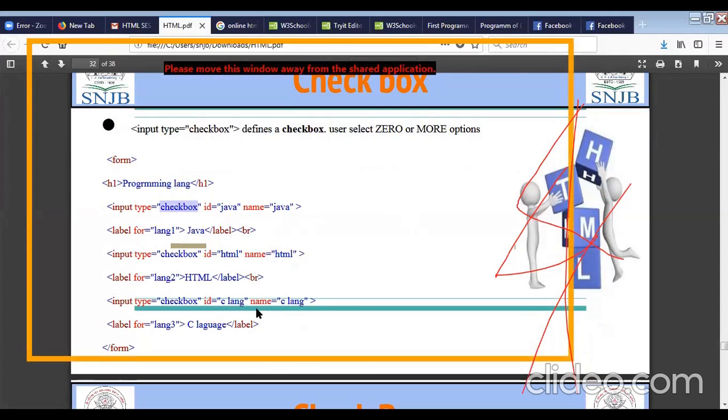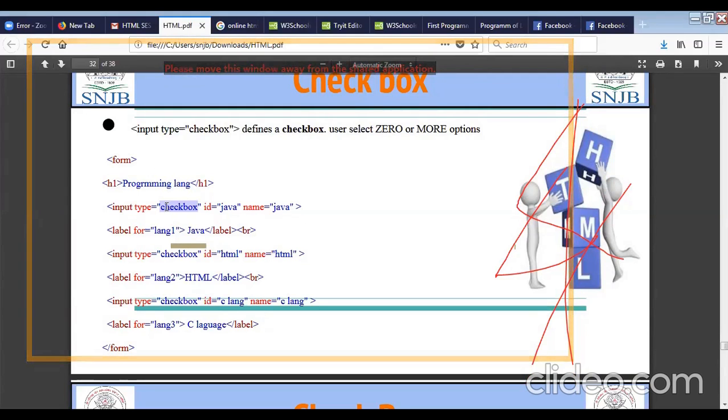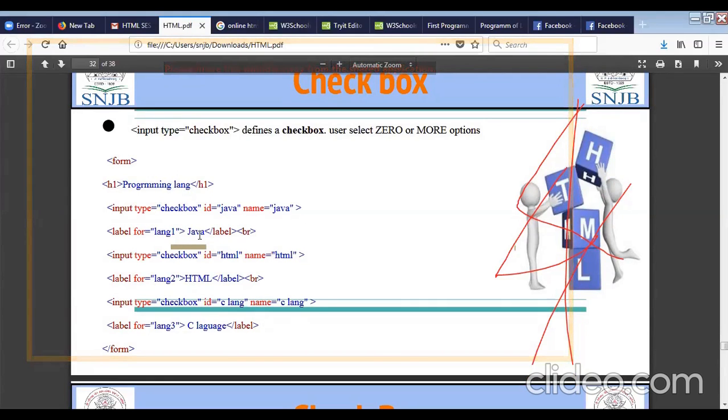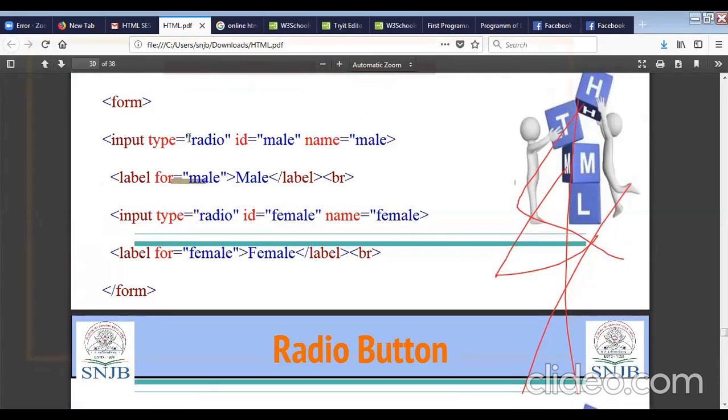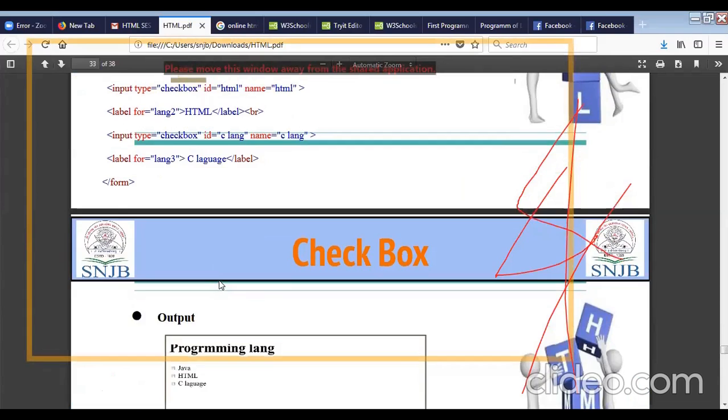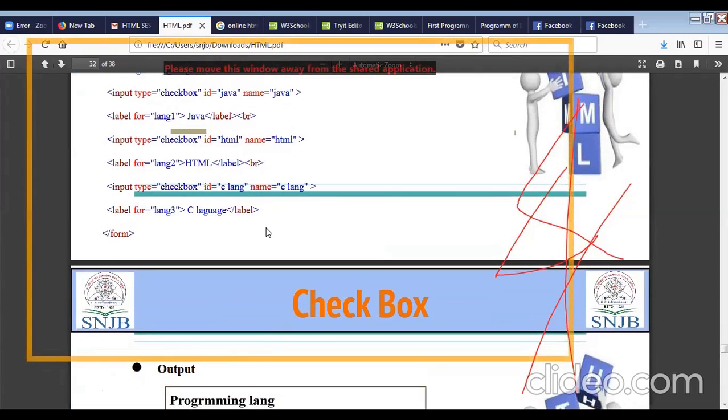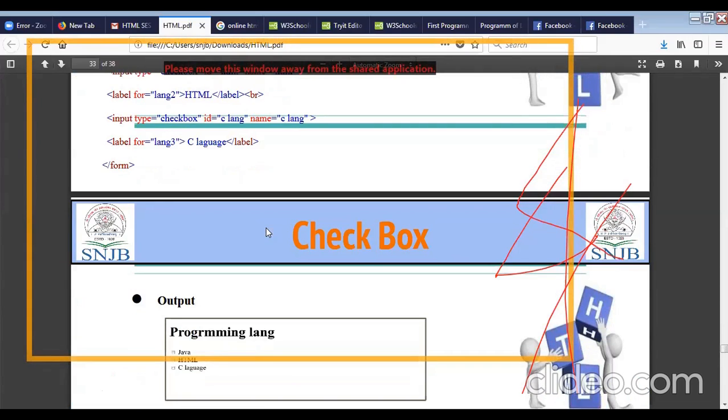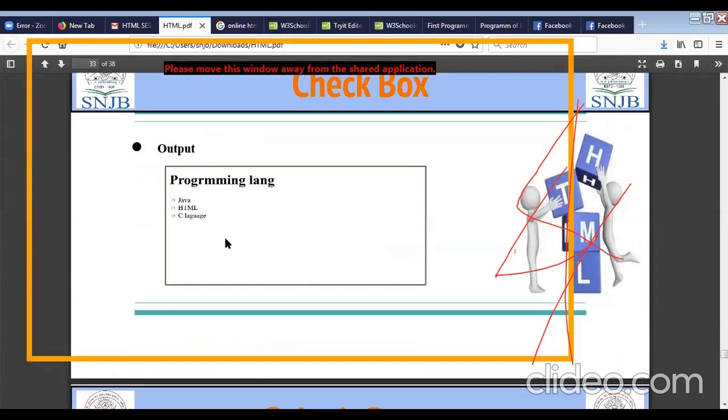Instead of writing the text, you have to enter password as a type for entering the password. Instead of writing password, if you want to enter the radio buttons or checkbox, for checkbox you have to enter the type checkbox. Okay, for radio buttons you have to just enter the type as radio. Okay, the code will be same, the labeling will change and type will change. So checkbox will be shown like this.